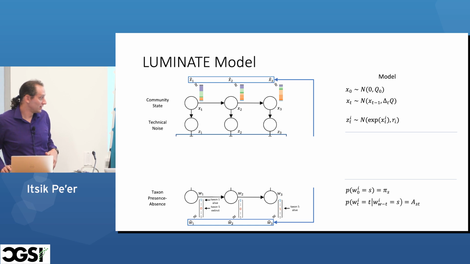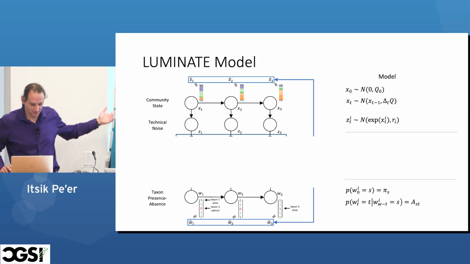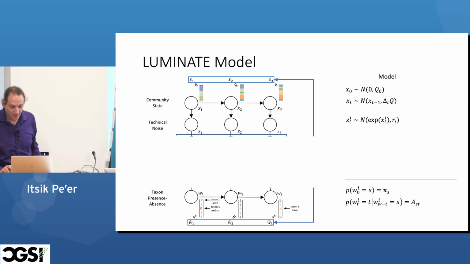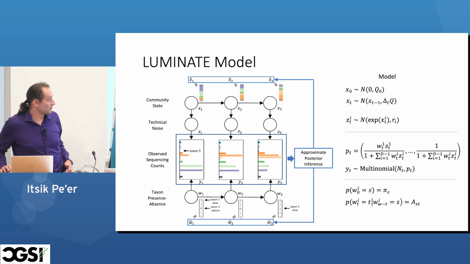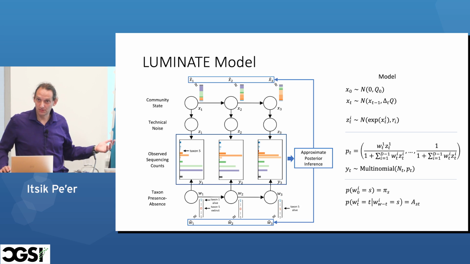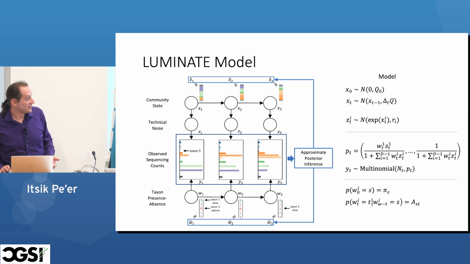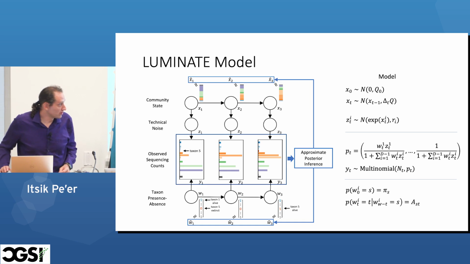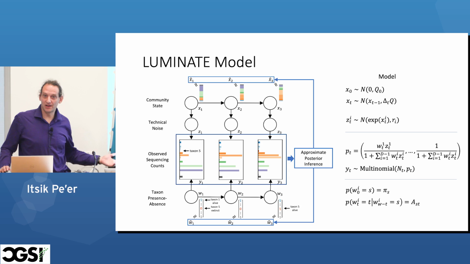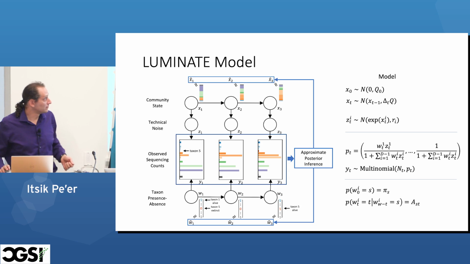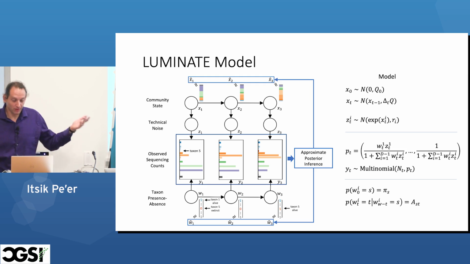So given these binary vectors that can change along the time axis, we can now draw reads from the species that are present at a particular time point at particular frequencies, and get an overall multinomial distribution of the actual observed reads based on these normalized probabilities, given the quantities and the presence or absence of particular taxa.